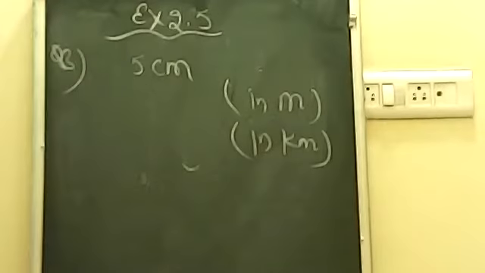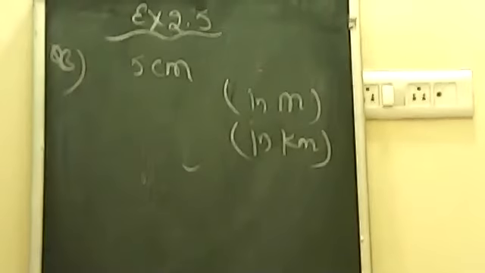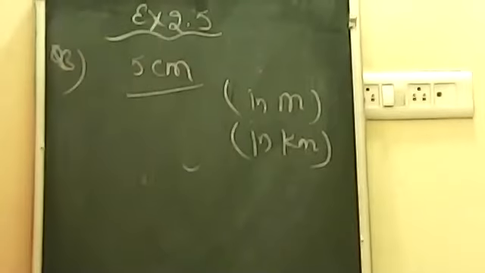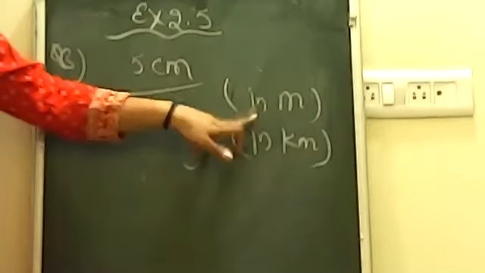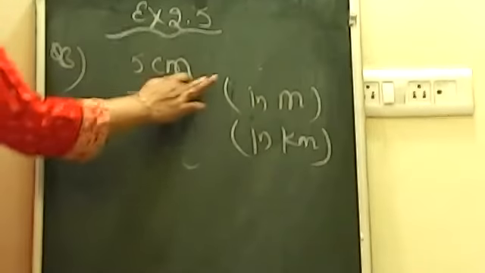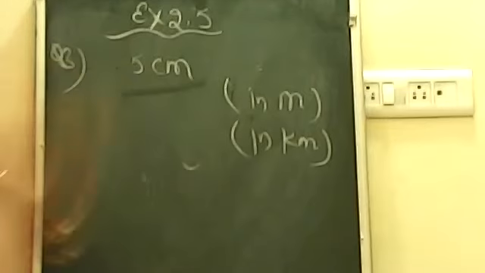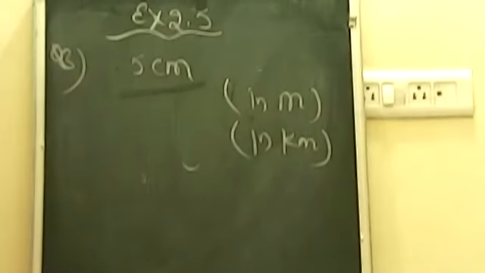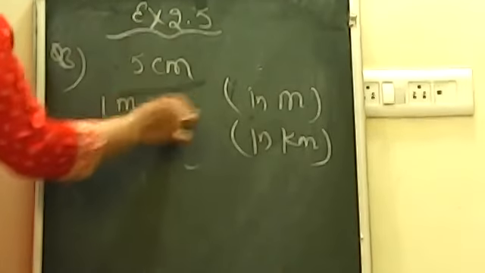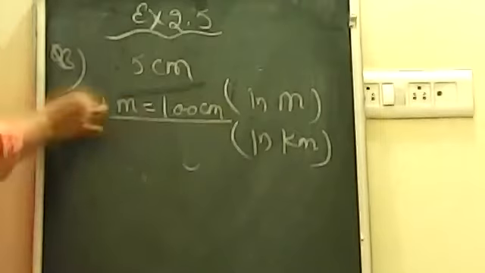Beta, this is the question number 3 of this exercise, which I told you that I will tell you. Look at here now. The question is telling 5 centimeter is written over here. You have to convert 5 centimeter in meter also and in kilometer also. So what we will do, we do it one by one. सबसे पहले you are knowing that centimeter के बाद आता है meter, है ना? Like you can call it centimeter and meter are close by, है ना? So here 1 meter is equals to 100 centimeter, which everyone knows.